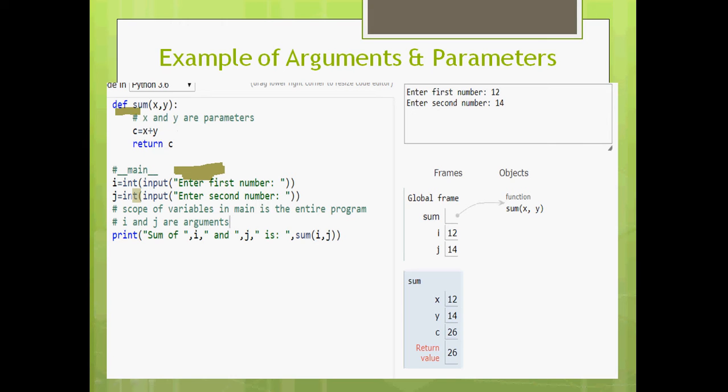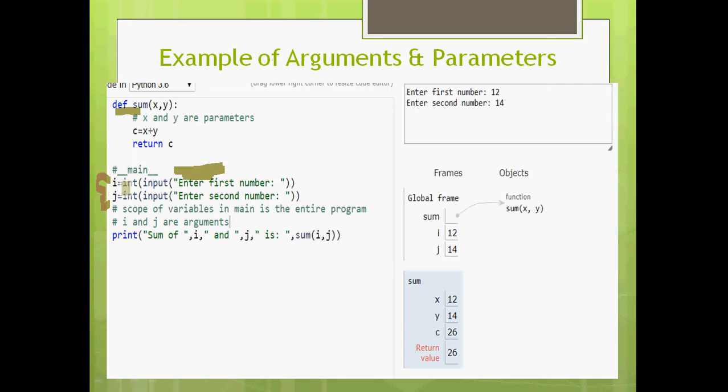Okay, let's start from the main program. Main program is receiving two values, i and j. i receives the first number entered by the user, j receives the second number entered by the user, and the scope of the variables in the main function is global.